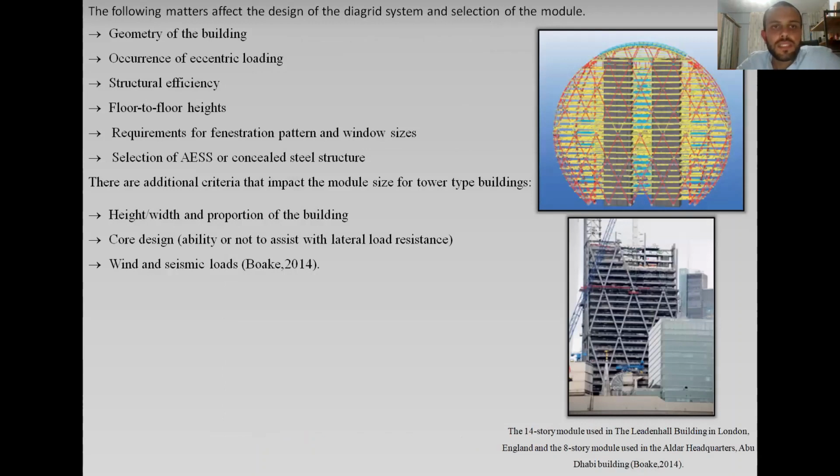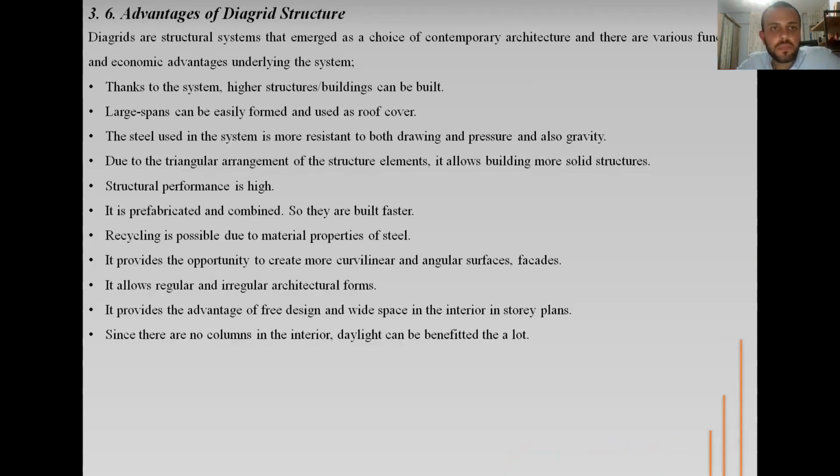The following matters affect the design of the diagrid system and selection of the module: geometry of the building. Advantage of diagrid structure. Diagrids are structural systems that emerged as a choice of complementary architecture, and there are various